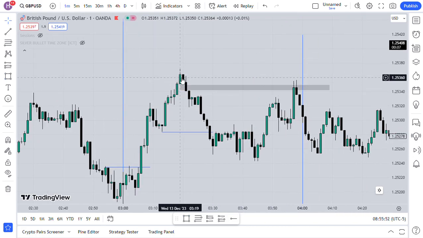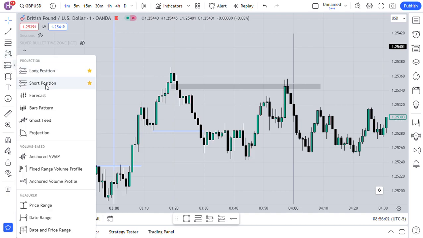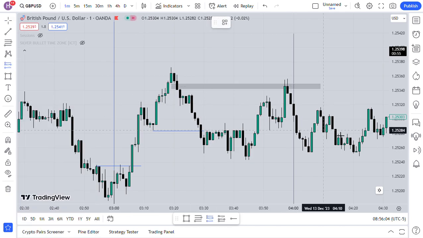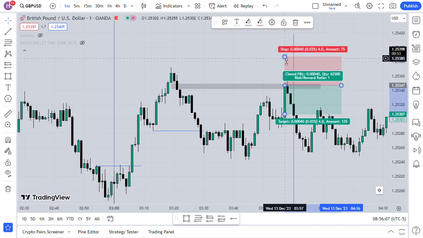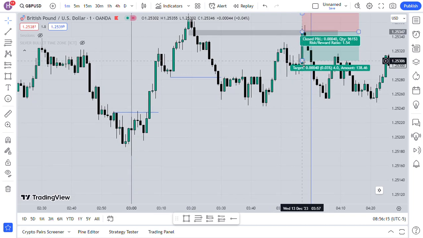And as you can see, this is a very nice order block which resisted the price from taking out this high. You could have taken your trade, a nice sell trade here, a short position here, putting your stop loss on that high where it was far from being reached, aiming for this low